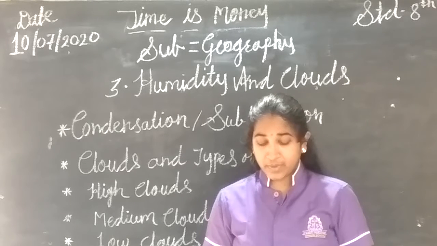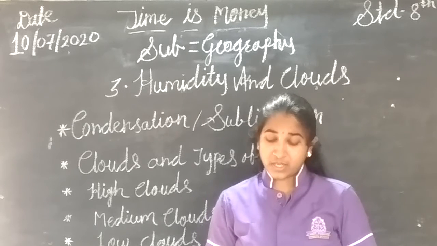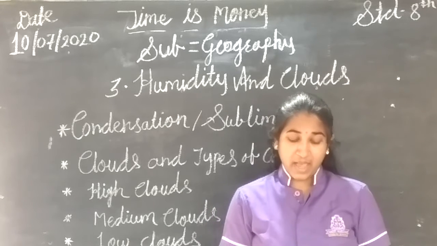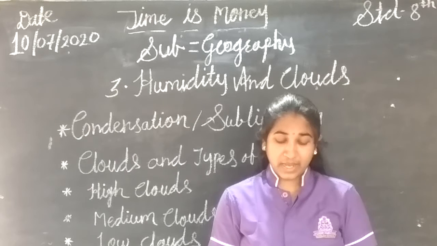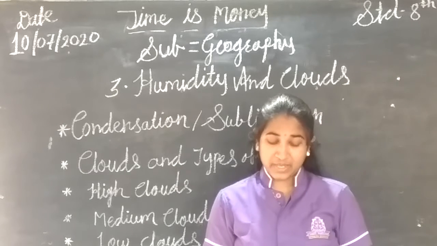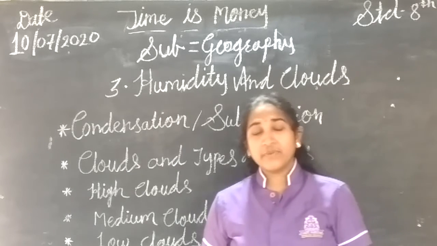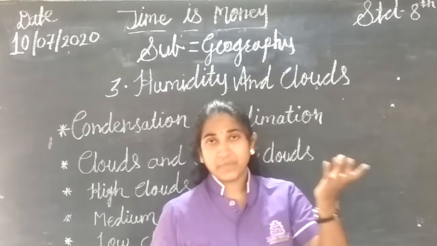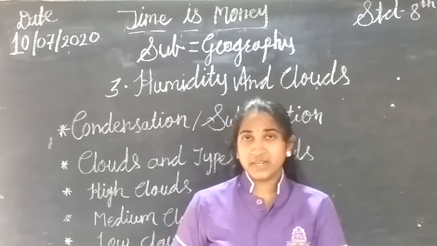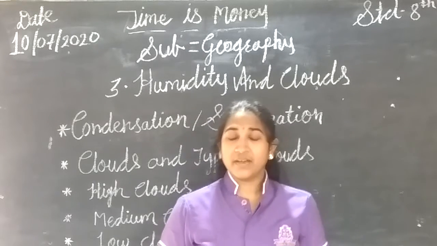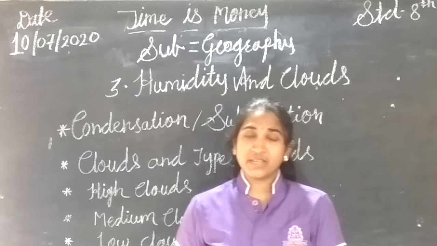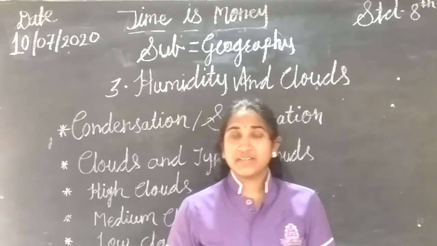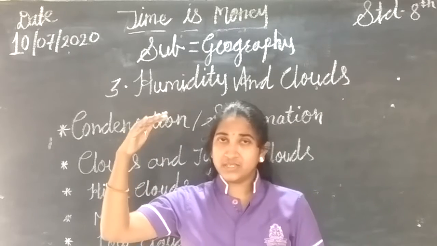Land and water get heated because of the heat of the sun. Air near the surface heats up, rises and becomes less dense. Hot air rises up. As it goes higher, the temperature of the air reduces and the moisture holding capacity of air reduces. We already know that the earth absorbs sunlight, and because of that the land becomes hot, and the air near the surface of the earth also gets heated. As it goes higher, the temperature reduces.